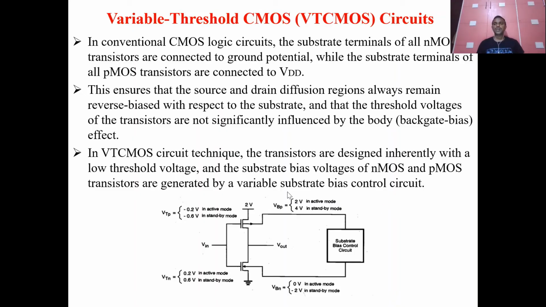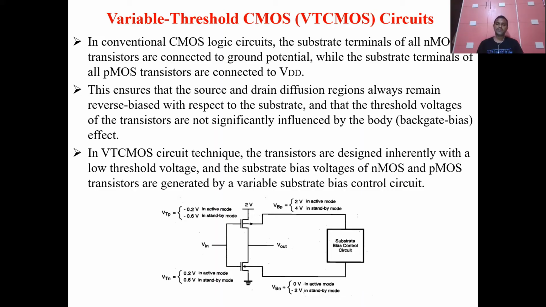Okay, so then what do we have to consider? We are reducing the power supply. Automatically we have to scale down the threshold voltage. But if you scale down the threshold voltage, the delay increases. So to avoid that, we will supply the required threshold voltage under the required conditions by changing